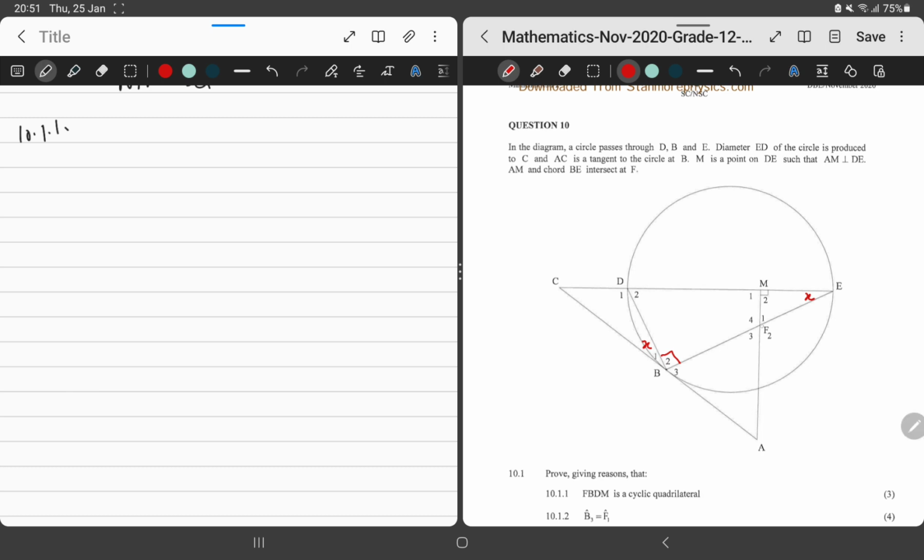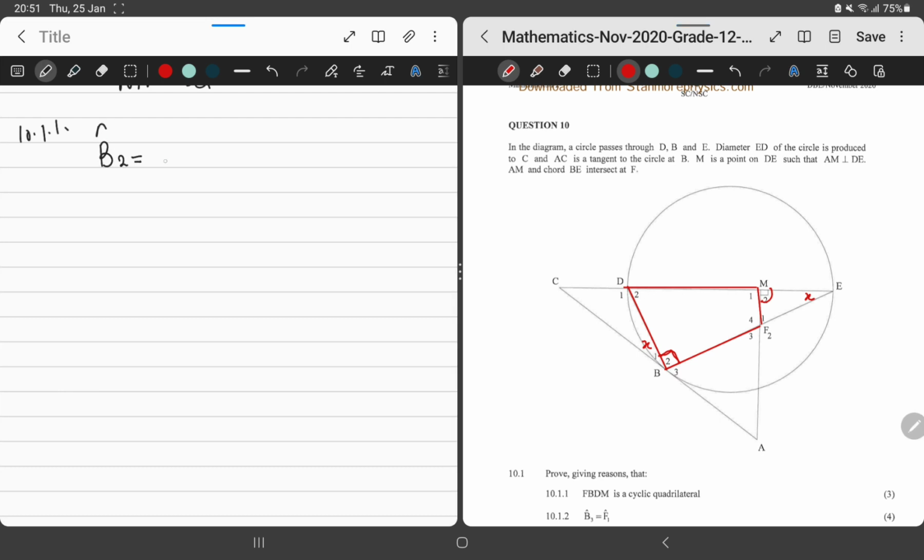So FBD, this must be a cyclic quad. And it is a cyclic quad because this is 90 and that's 90 because of the exterior angle of a cyclic quad. So we'll say